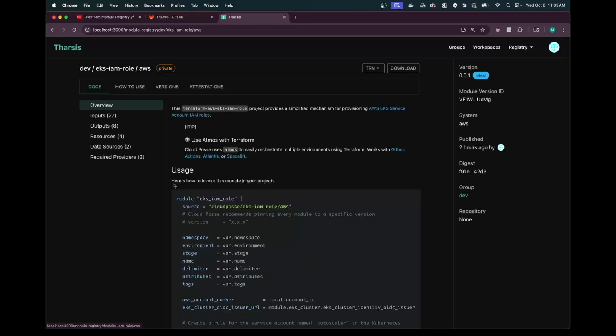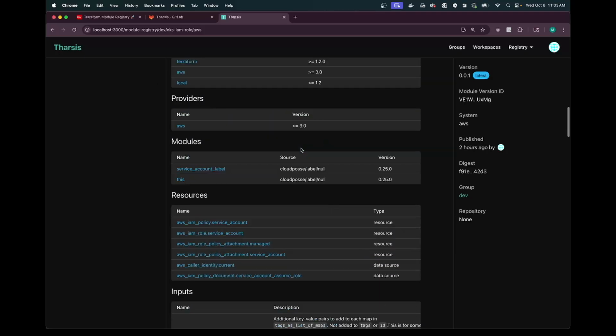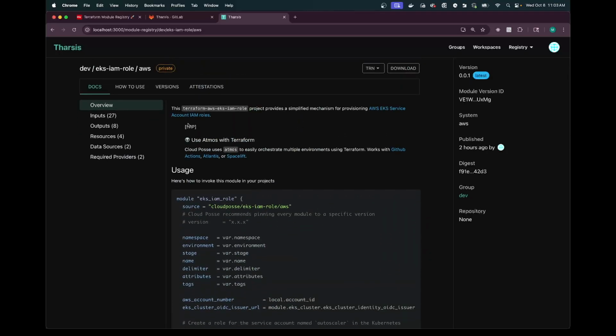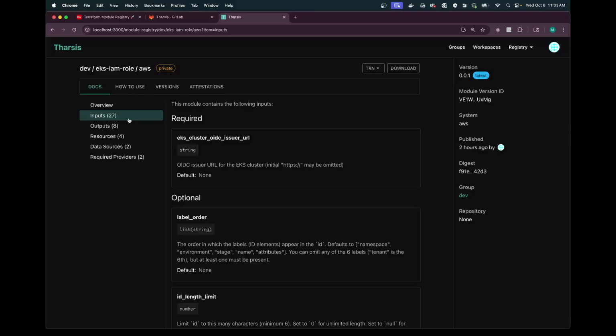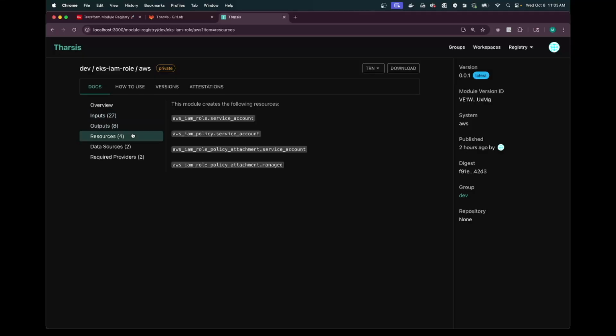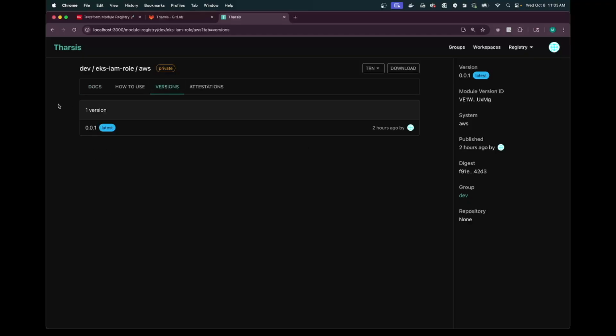And here's another module. This was a publicly available module that I uploaded to our registry. And this came with an overview, so it describes the module in more detail. Again, we see the inputs, the outputs, 4 resources that are created. I can have different versions of this module. I could download this module, make changes to it, re-upload it as a different version, so very easy to keep